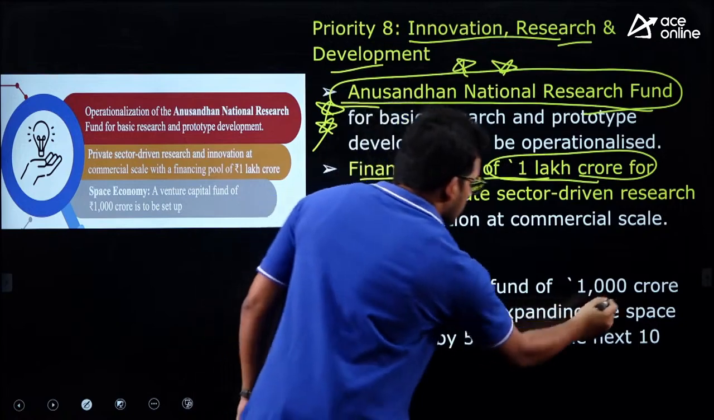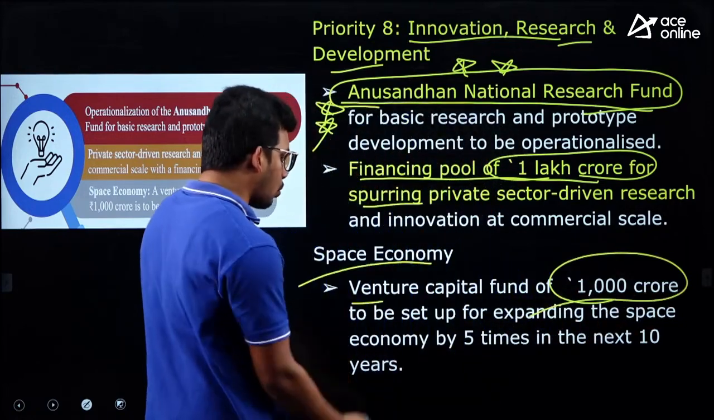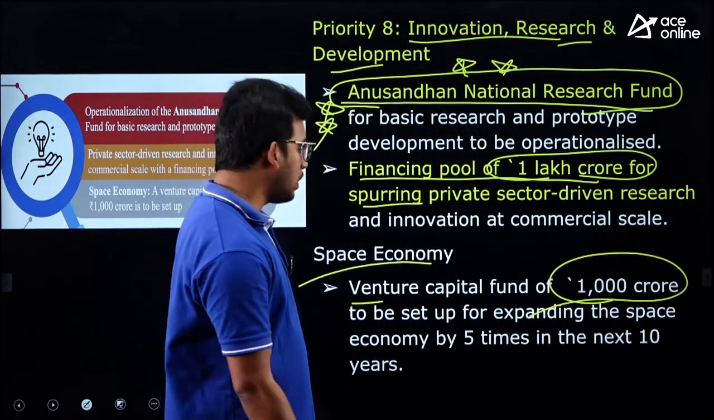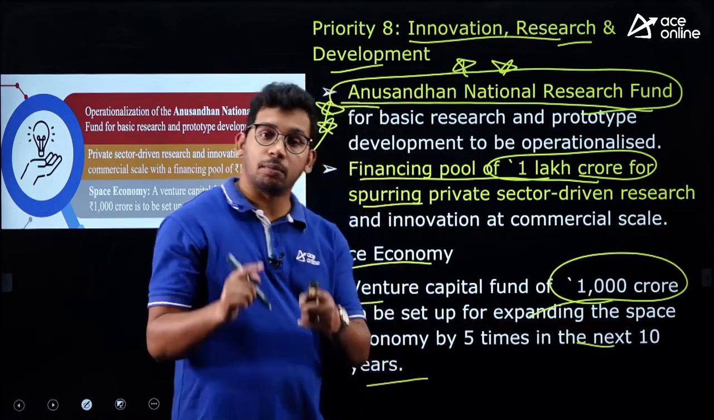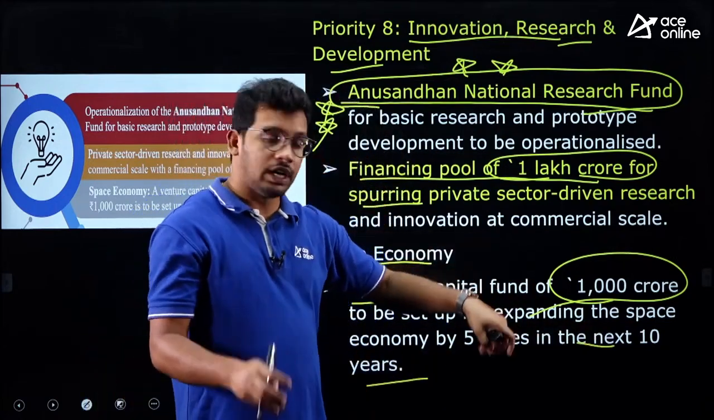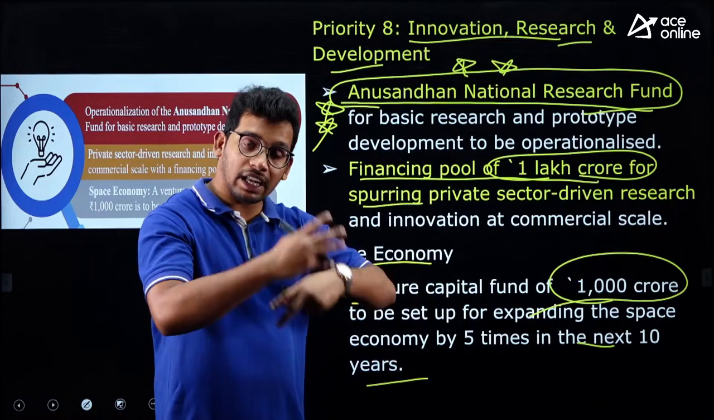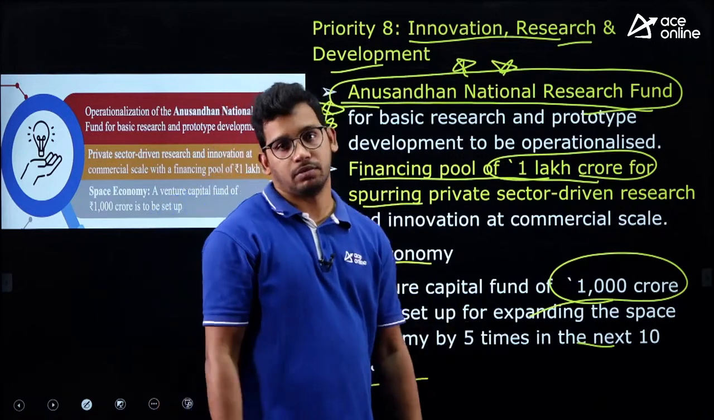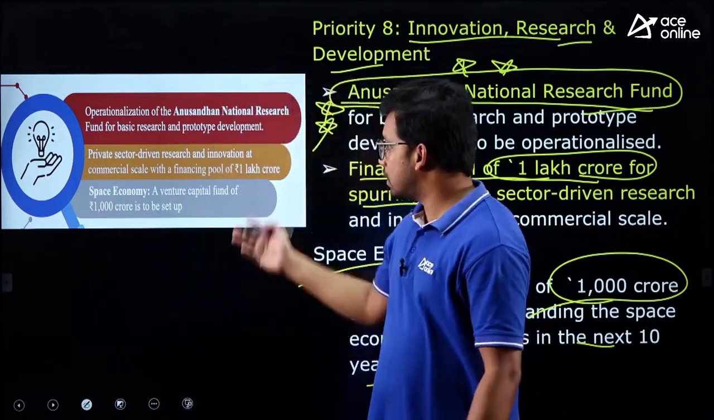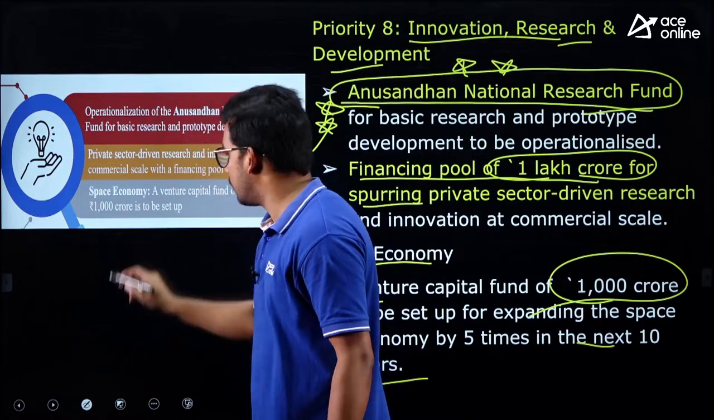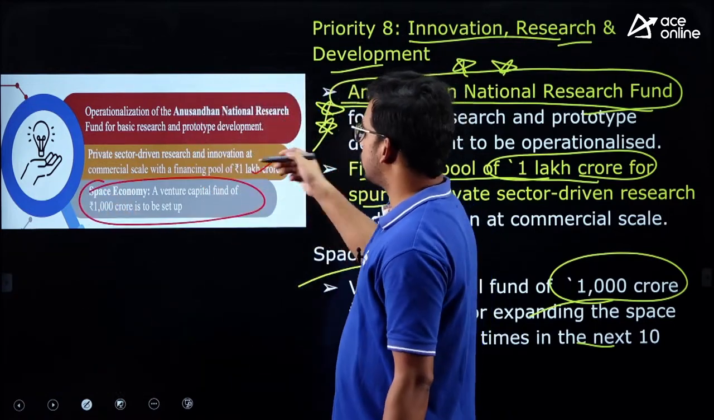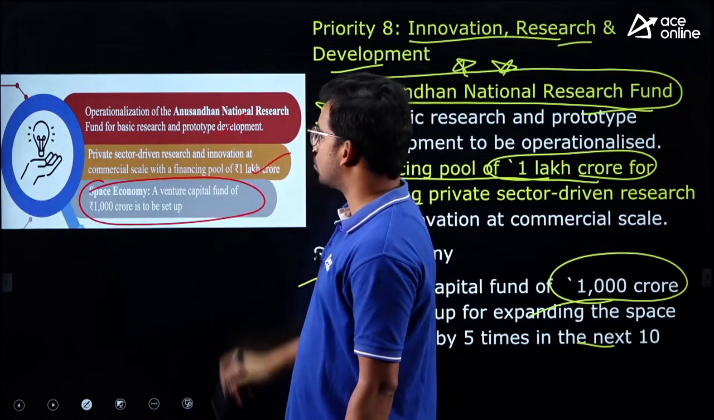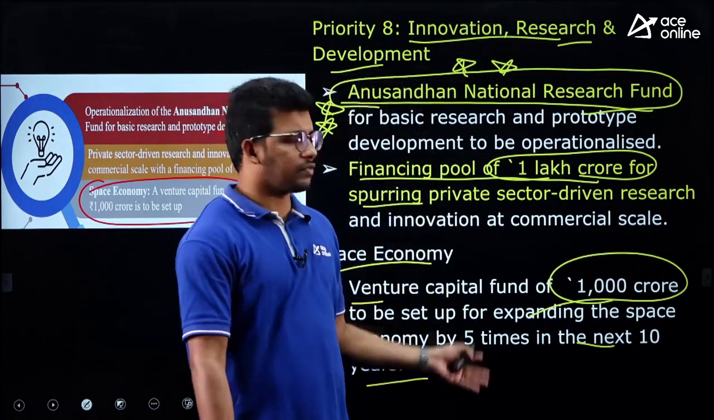So for that they are going to create 1000 crore to be set up in the next 10 years. In the next 10 years government is going to invest 1000 crores in the space, so that they encourage the space GDP by 5 times. So this is the space related thing that government has come up with, space economy, to spend 1000 crores. So this we have already discussed, and this also we have discussed, the same image in terms of the content,